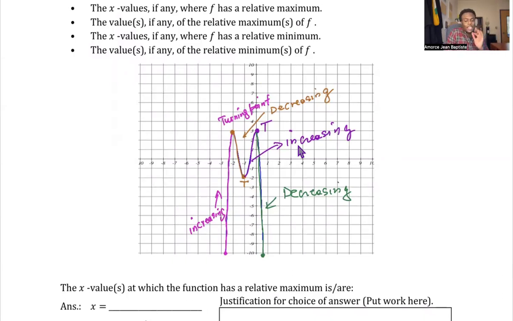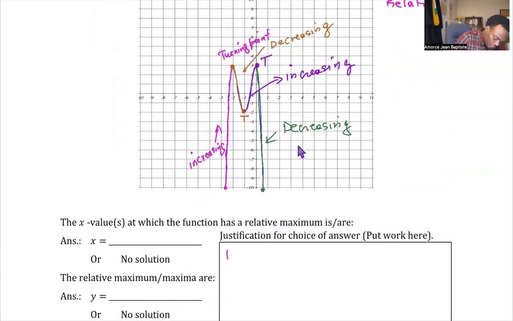Now, later on, we'll talk about increasing and decreasing intervals. But now what we're looking at is the turning points. The turning points can be maximum or minimum. Or let's call them relative max, relative min. So the relative maximum